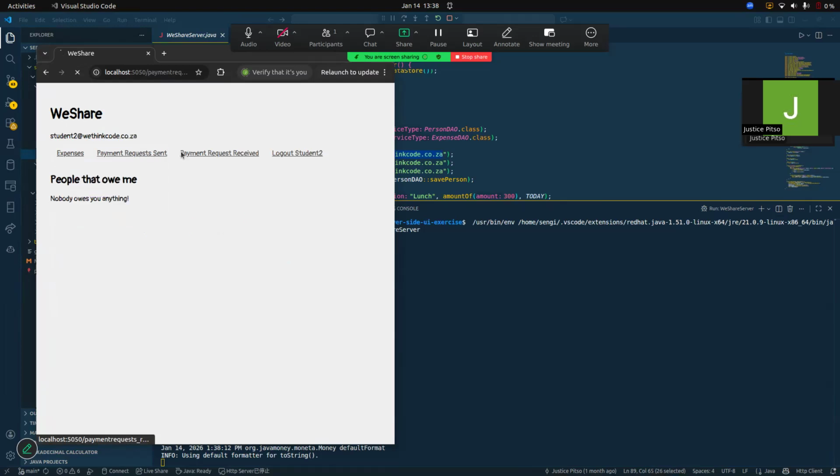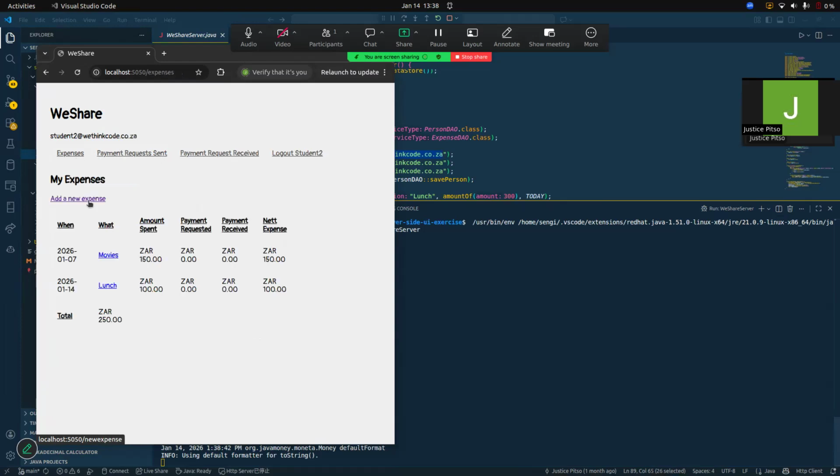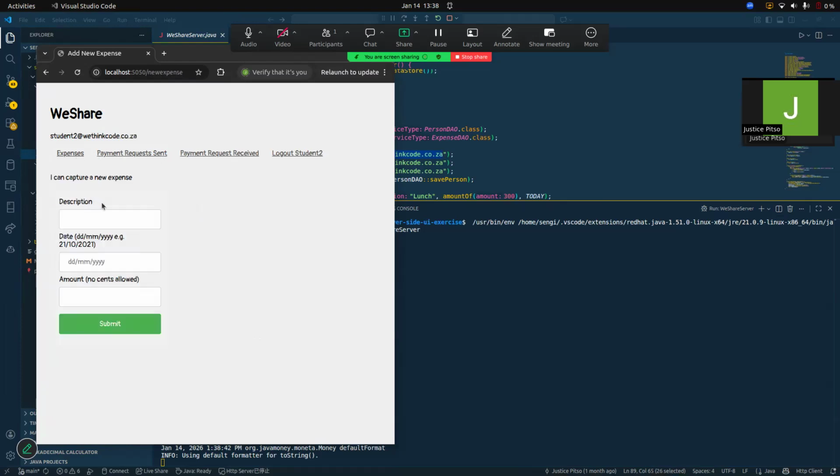We haven't made any requests to anyone, but we've shown that with our first student, we had an owing amount of 100 Rand, and we can choose to pay this amount, seeing our request received. We don't have any sent requests, and we can also add new expenses here on